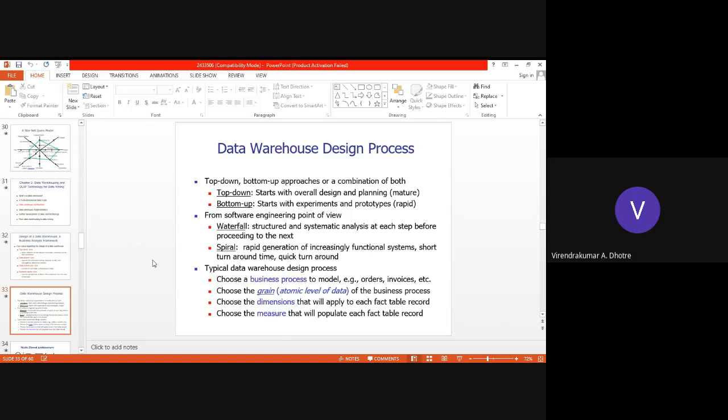Then we have the atomic level of data for business processes, that is grain. So we choose grain. We can say it is increments, we can say it is profitable, like that, where it grows. Then choose the dimensions which will apply to each fact table record.